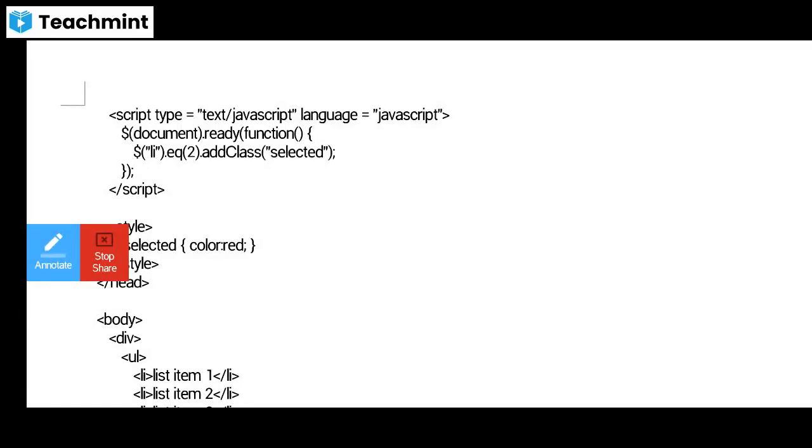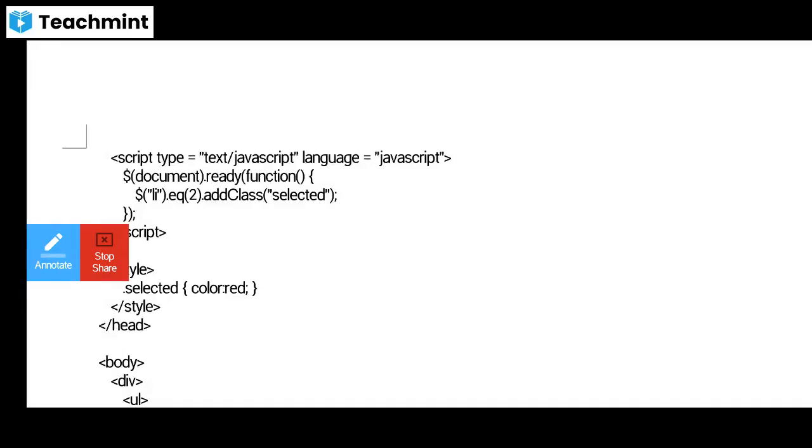Here we are going to take the equivalence method of 2 and add class with a selected item.